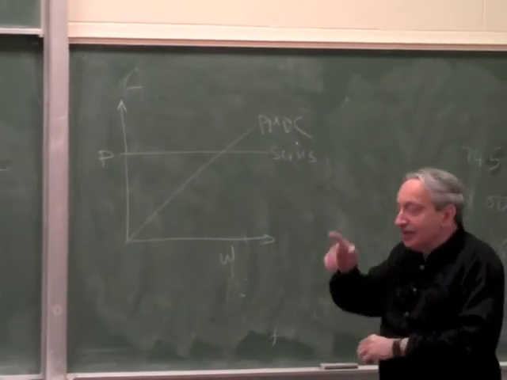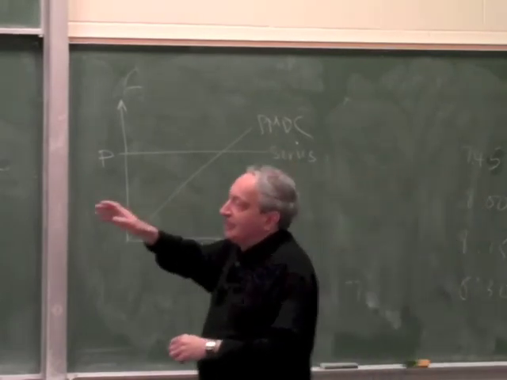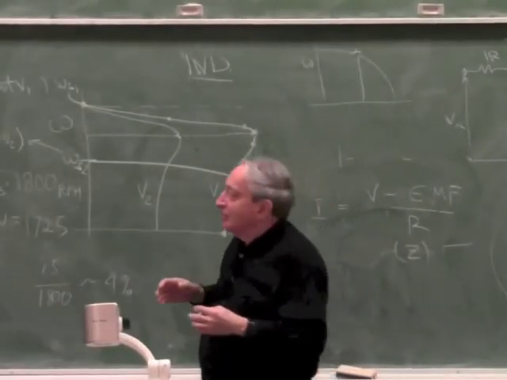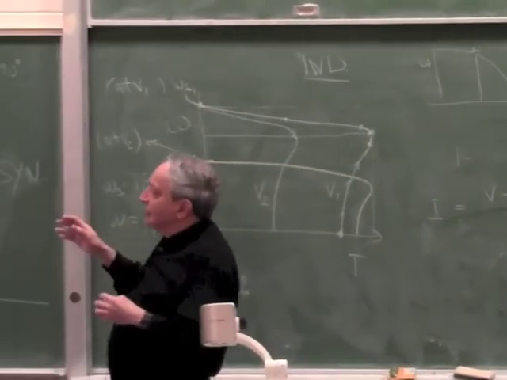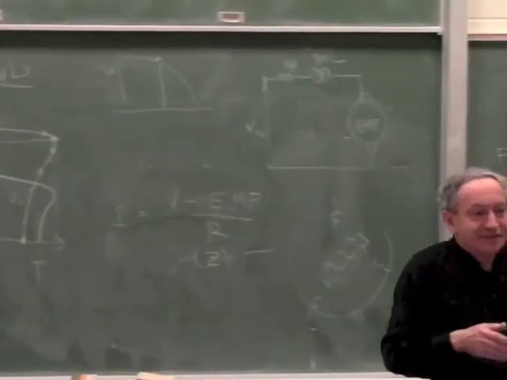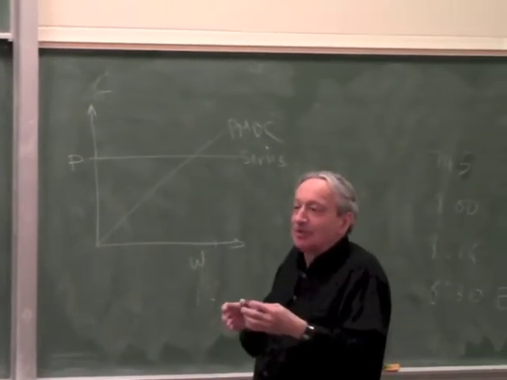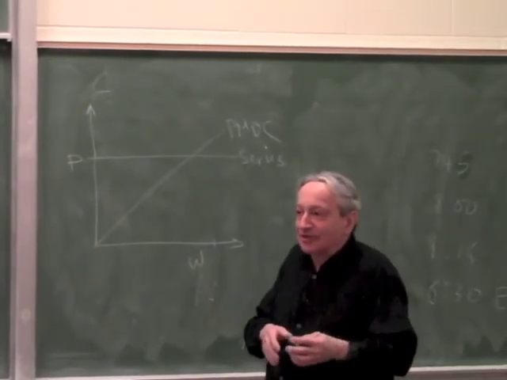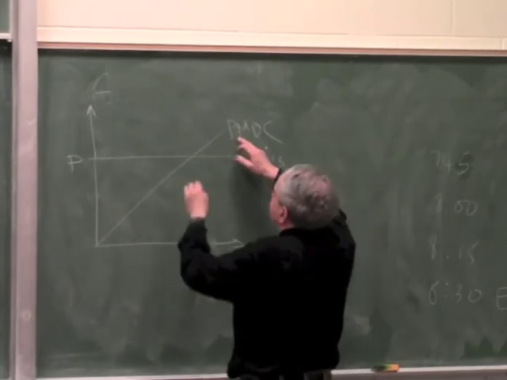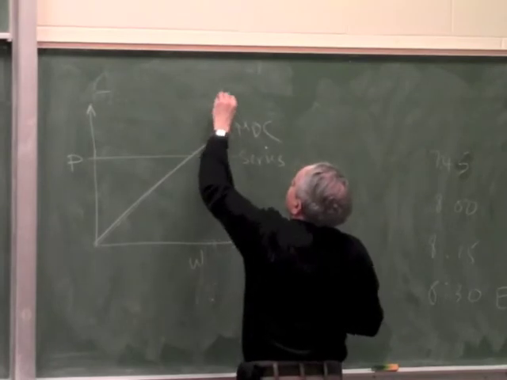Linear, very good. It looks exactly like PMDC, because the torque will be constant. If I play around to get constant current, I'll get constant torque. And now if I get constant torque and I change omega, power is torque times omega. So if I keep the current constant, it means I'm keeping the torque constant. If torque is constant, it will be the same, exactly like PMDC. So this is PMDC and